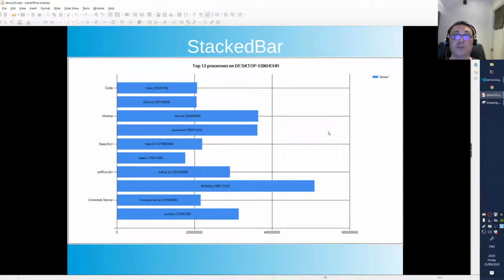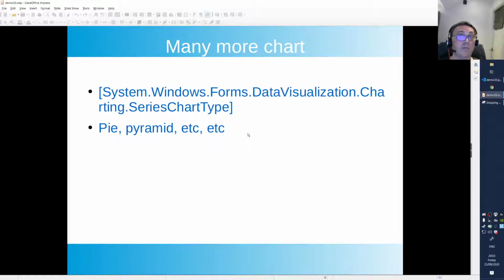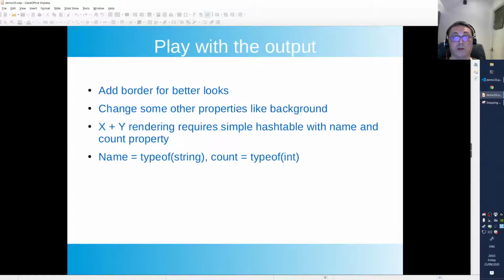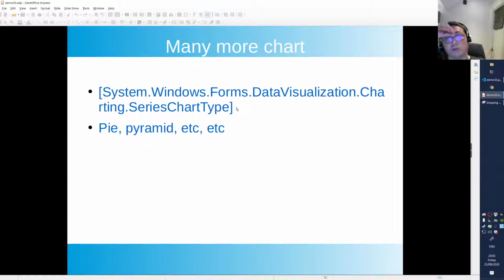Then we go to the stacked bars. It's also a very nice one. It's basically the same information of the processes again, but presented differently, right? And still you see that the virus scanner, this MsMpEng, is using the most memory, and then it's Chrome, and then it's PowerShell, right? So you have a nice overview there as well. There are many more charts. I'll show you a couple, and I'll show you how you can tap into other chart types, how you can sort of reverse engineer what's inside of this data visualization charting series chart type, this one here. So I'll show you how that works. So we have pie, pyramids, and all kinds of other